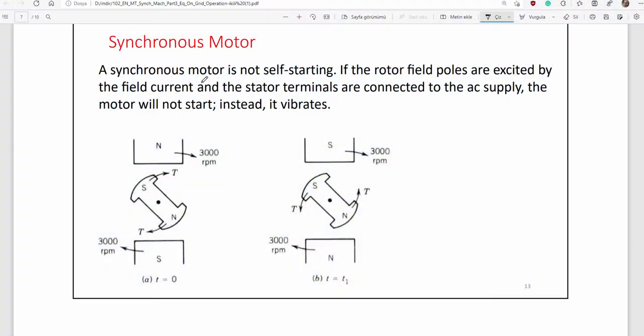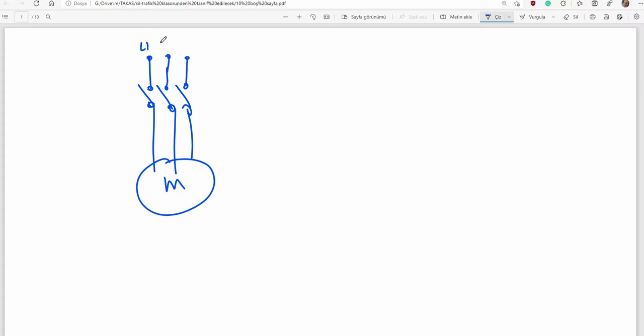Synchronous motor starting. Dear friends, synchronous motor is not a self-starting machine. For example, you've got a motor here, and then here is an electric circuit breaker, and then it is connected to today's network L1, L2, L3,